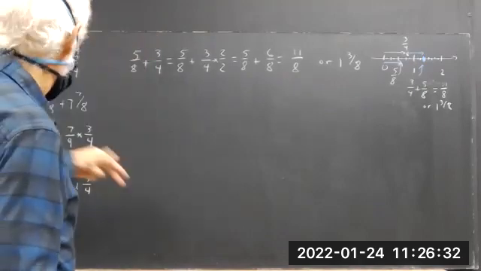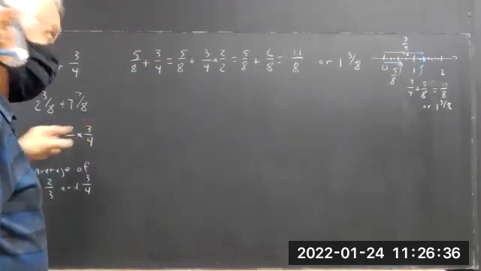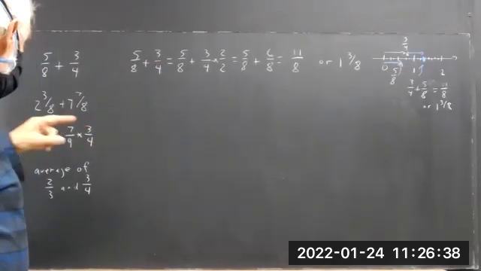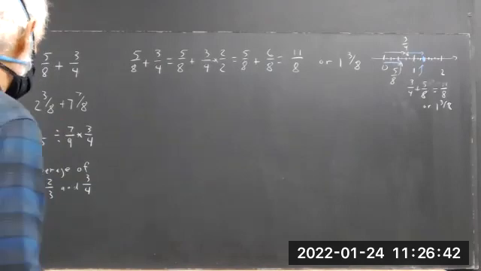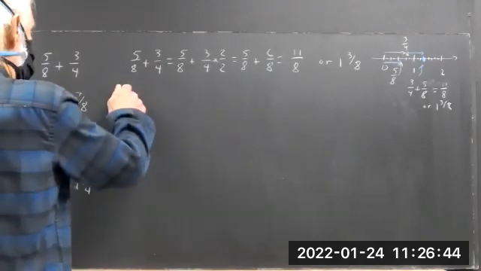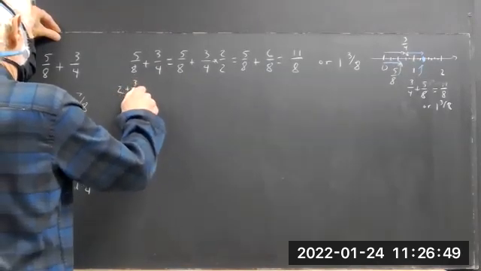It's okay to do these in columns, but I don't want to use up a column and block what I'm trying to do over here. Okay, 2 3/8 plus 7 7/8. There are various ways to do this. One way is 2 3/8 means 2 plus 3/8